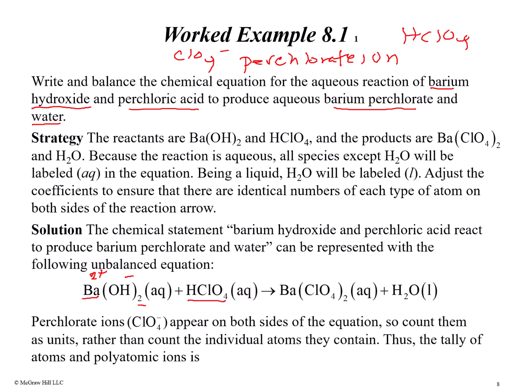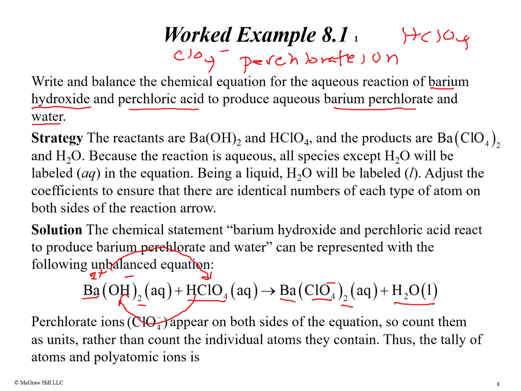Then it says barium perchlorate, and knowing perchlorate's a -1 ion and barium's a 2 positive ion, that's why there's a 2 here. And then the hydrogen's going to react with the hydroxide to form water here. So we talked about double replacement reactions in the past. So barium goes with the perchlorate, the hydrogen goes with the hydroxide, and that's how we know what the 2 products are going to be: